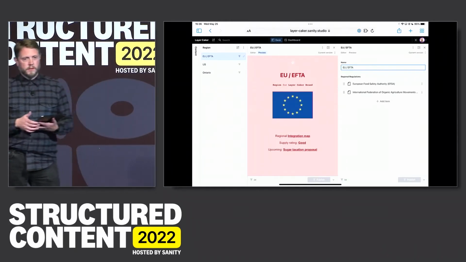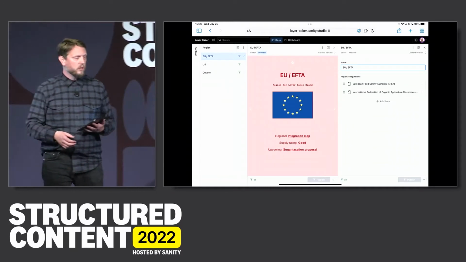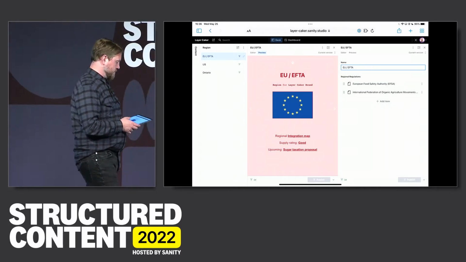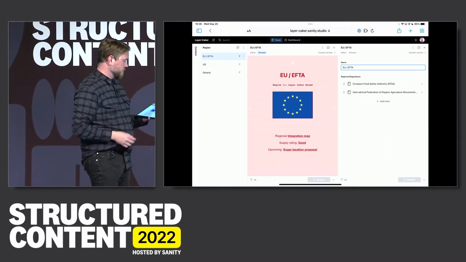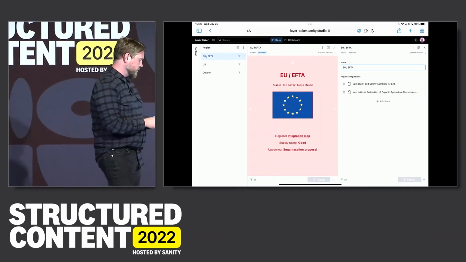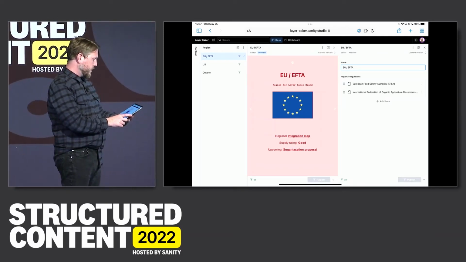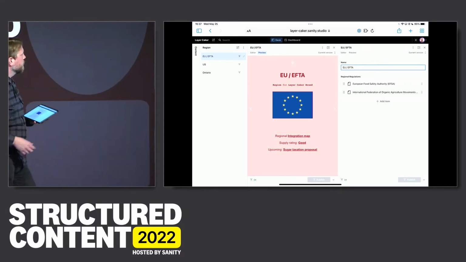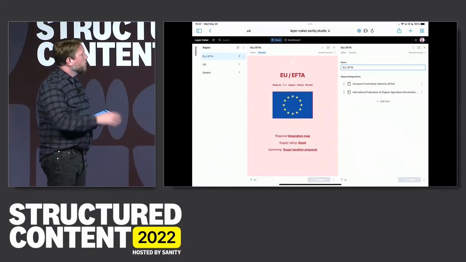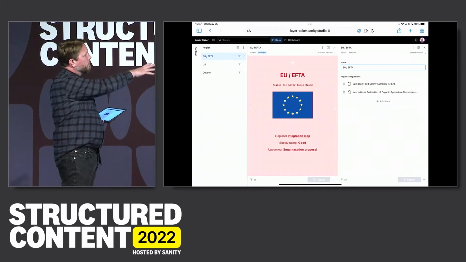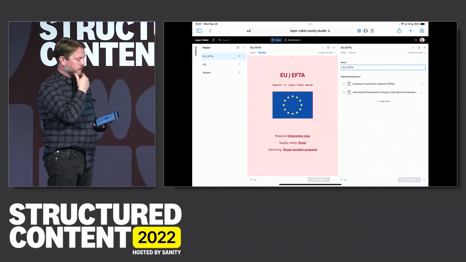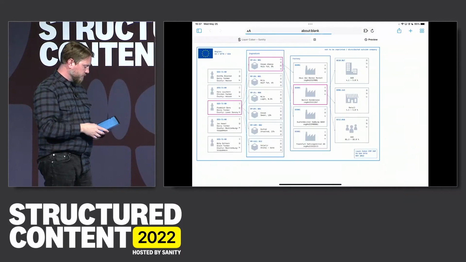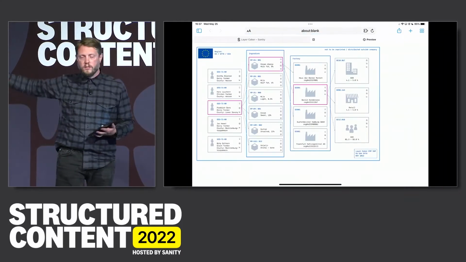The layer caker business is now opening up in the EU. You'll see there are different regional regulations here. There's the European Food Safety Authority, and there's something else that's just way too long to read out from a stage. The whole idea being there are different rules that govern your operations here. Actually, let's take a look at them in the EU. This is what you need to track.